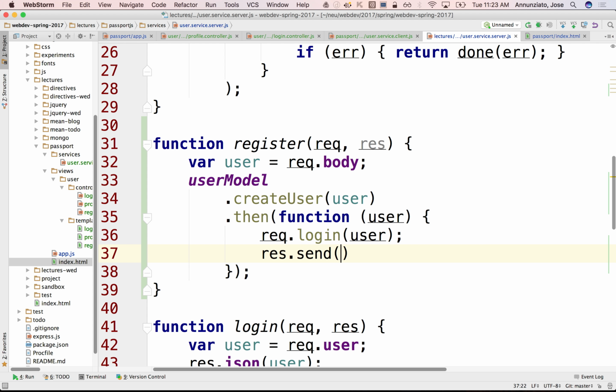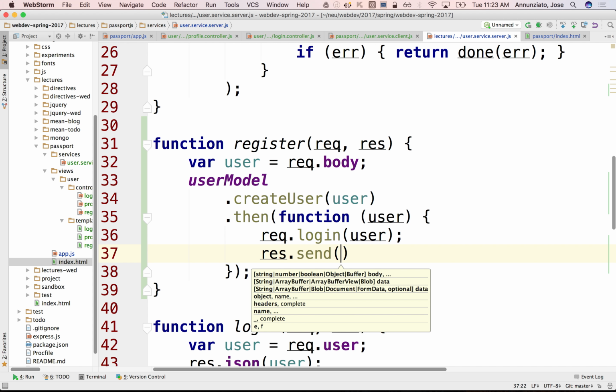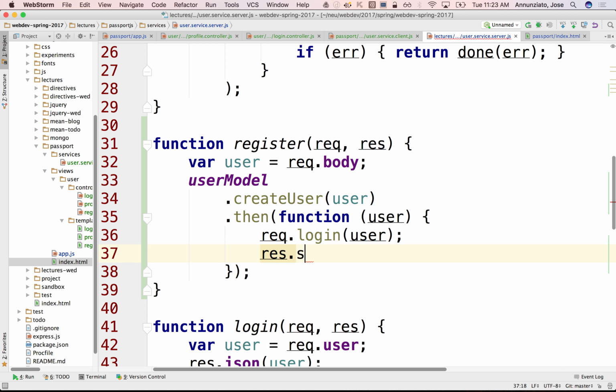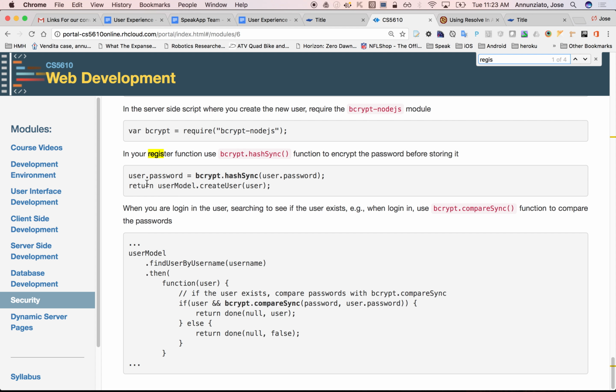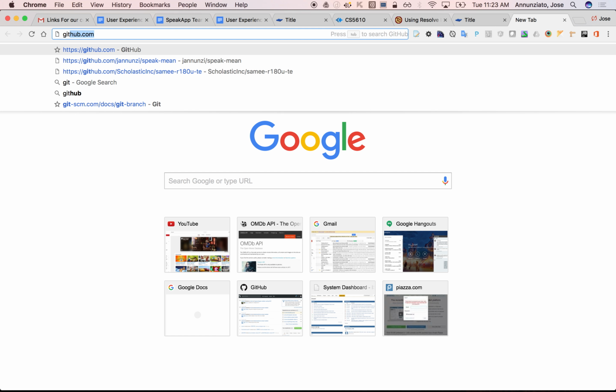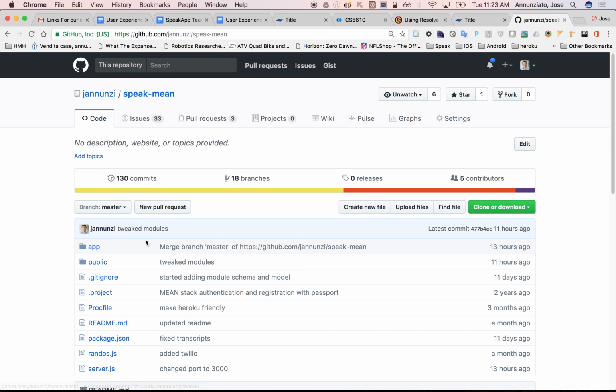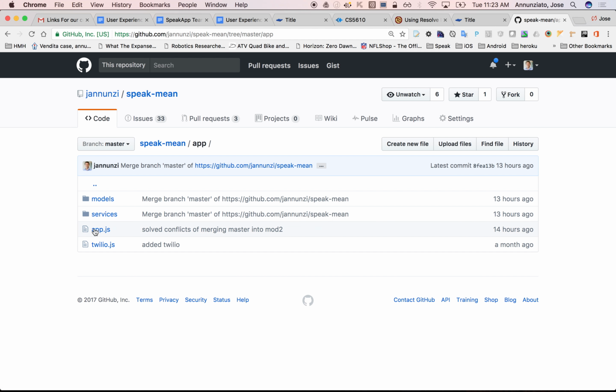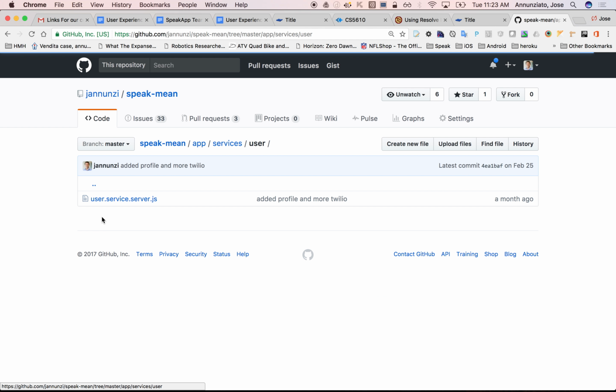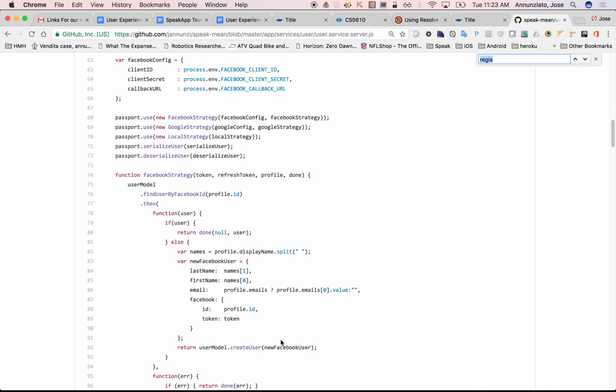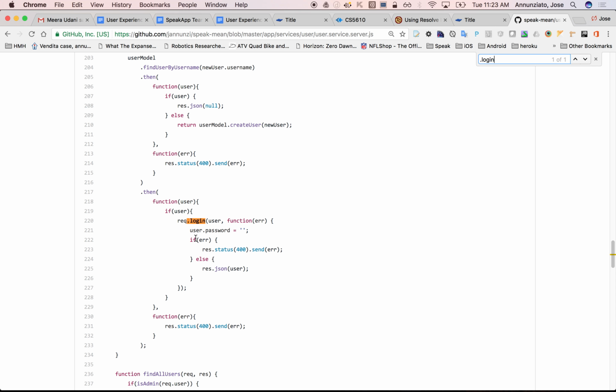Send back JSON user. Let me make sure. Let's see. This is a get. App services user service, request user. Oh, okay. Yeah. If user login user